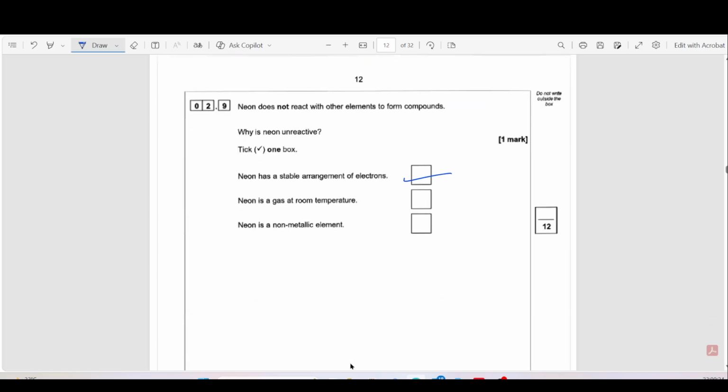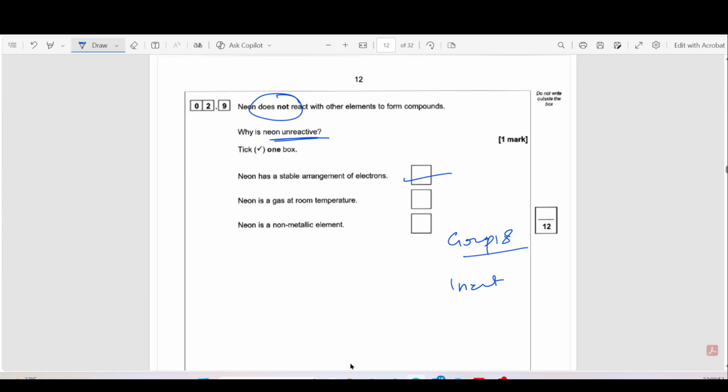And then the next question is neon. Neon does not react with elements to form compounds. Why is it unreactive? Because even if you check the periodic table, it is found in group 18. And all the elements in group 18 are called chemically inert. Inert means they are unreactive. Why? Because